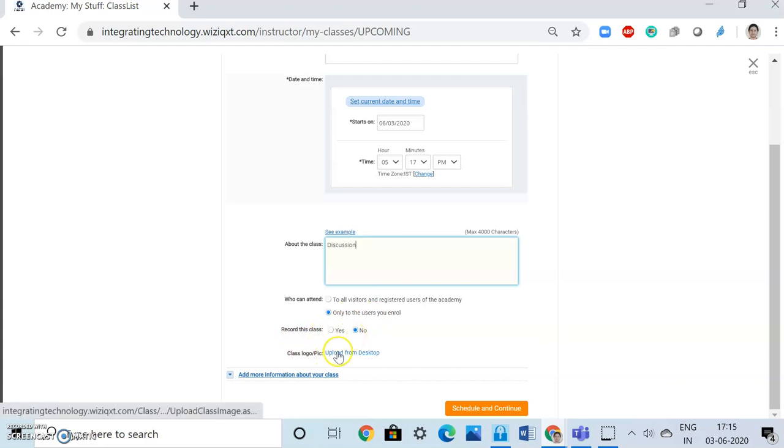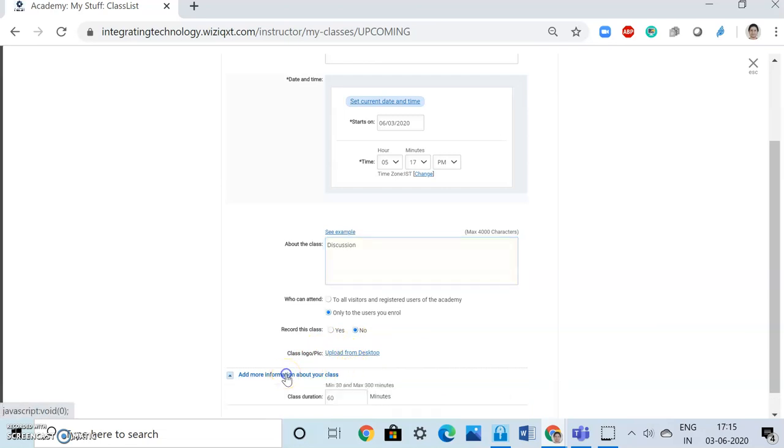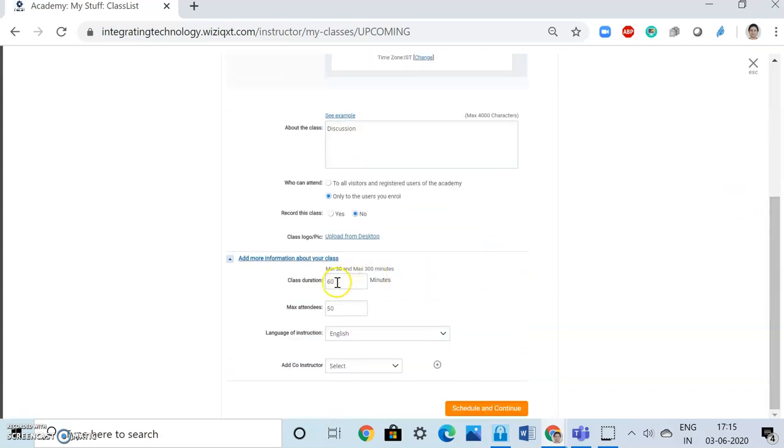Also, a class logo or picture can be uploaded from the desktop. And to add more information, I click over here. I can have this class duration for 50 minutes, which is our usual lecture timing. And my maximum attendees are usually around 80 to 100. So let me put in 80. My language of instruction is going to be English, and I can select a co-instructor if I'm interested. So I continue further,